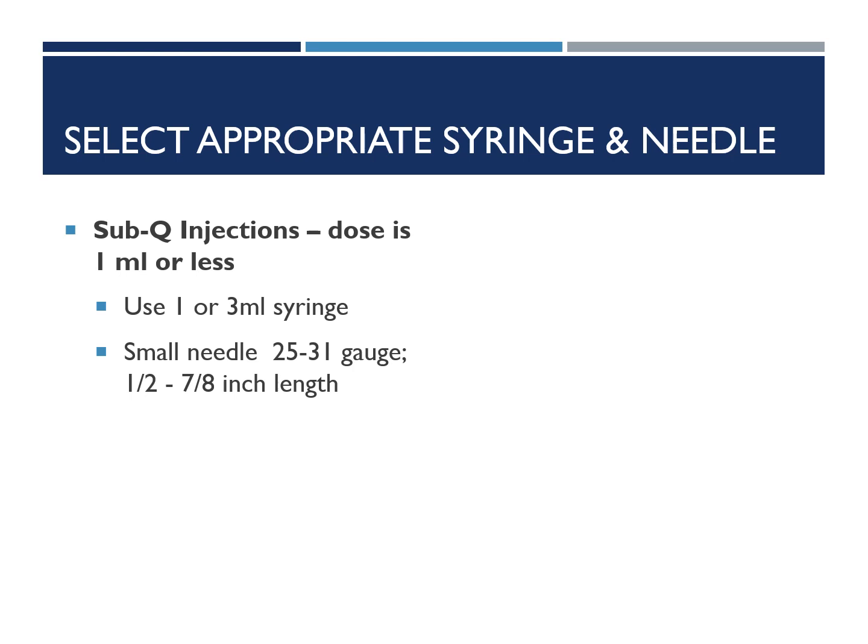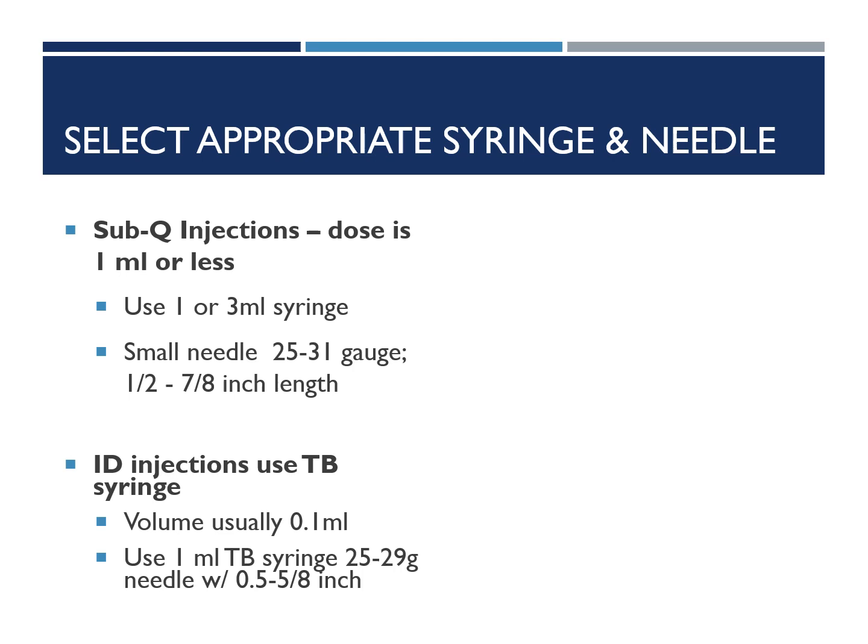Sub-Q injections usually require a smaller size needle, so a larger gauge number, usually a 25 to 31 gauge. The needle length is typically a 1/2 inch to 7/8 inches. And then insulin syringes are their own special type of sub-Q needle, and they always have an orange tip, and the units of measurement are in units, not in mLs.